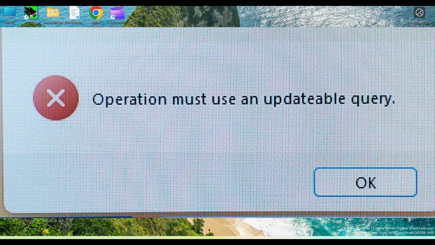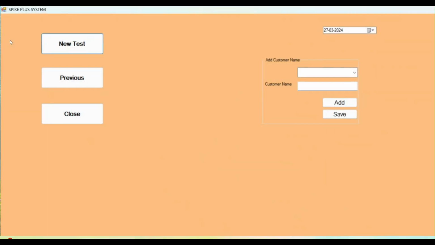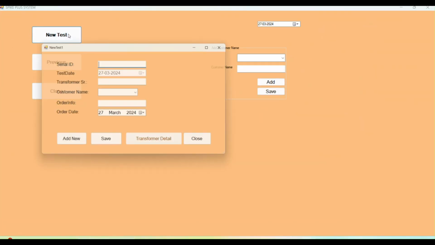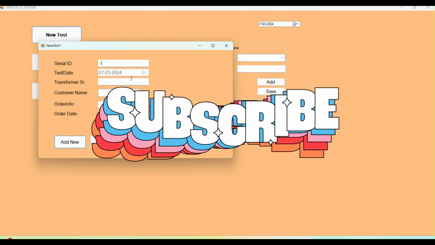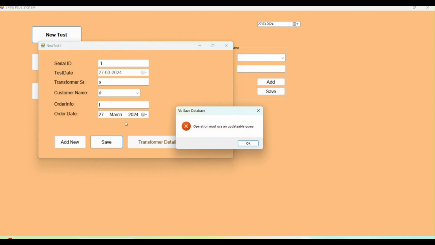Hello, good afternoon, everybody. I want to show one kind of error which we are facing in software installation. Suppose this is my software and I want to run it. Then we find one kind of error, which I want to show you. Suppose this is the error we are facing